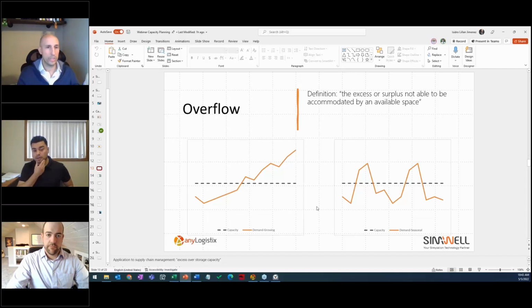So one usual scenario that leaders are now solving is being proactive: if you are here in year 2022, evaluating when we are reaching that capacity in 2025 and what steps will lead us to avoid running out of capacity. So managing this overflow. That's something that is relatively easy for the business to understand. Another one that is sometimes a little more challenging to understand is when the overflow is seasonal. That will be represented with this graph here on the right.